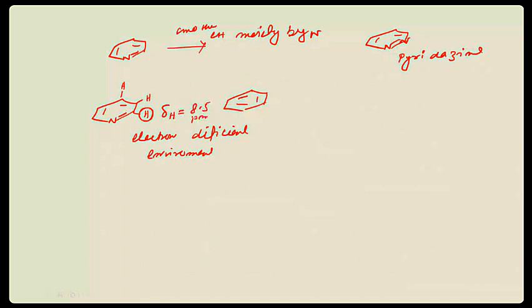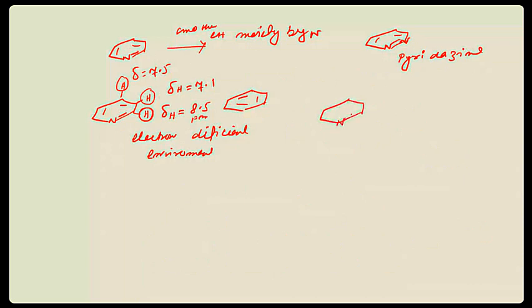And for this, look at the value. Here, the delta is 7.1. And here delta is equal to 7.5. You will say, why sir, you are writing 7.1, 7.5? I can understand 8.5 is okay. It's closer to nitrogen, nitrogen electronegative. So this nitrogen has an electron deficient environment. With respect to this hydrogen, this hydrogen is closer to nitrogen. With respect to this one, this is 1, 2, 3, 4 carbons away. Then we could expect the value should be reversed. But why is it like that? The reason is that